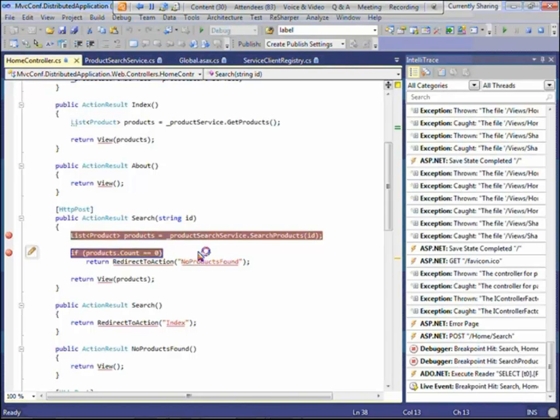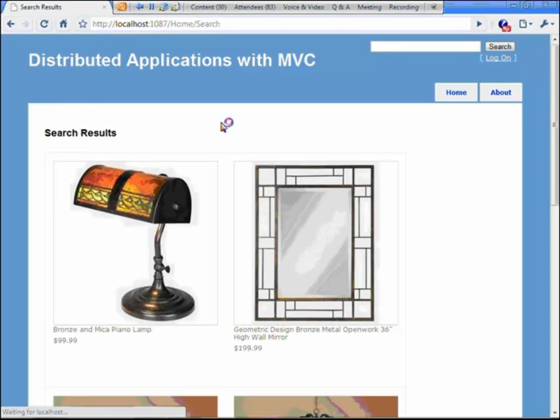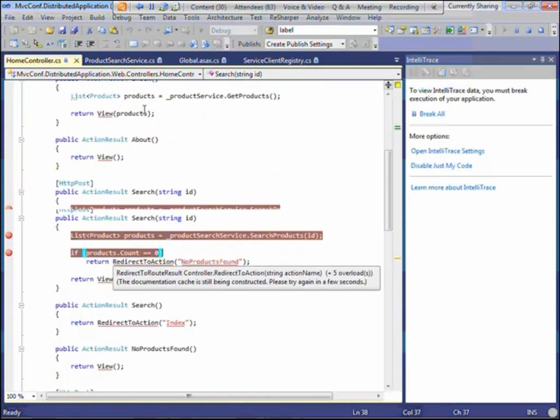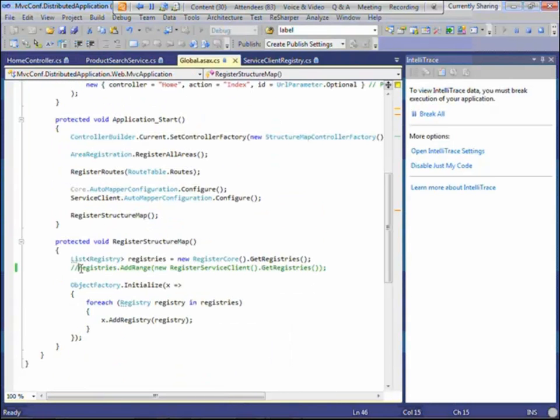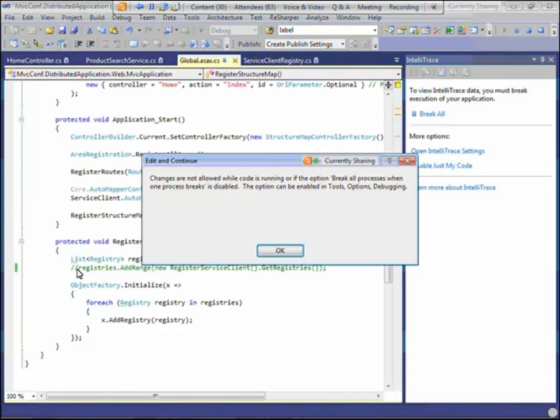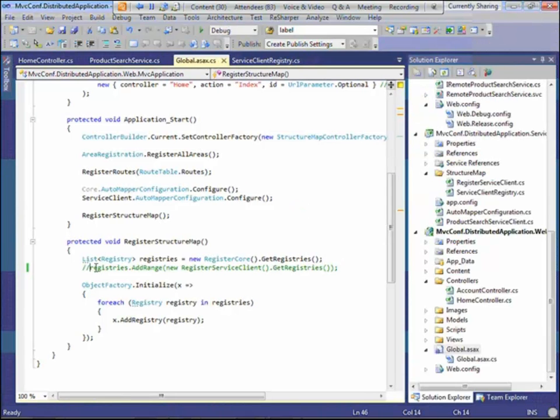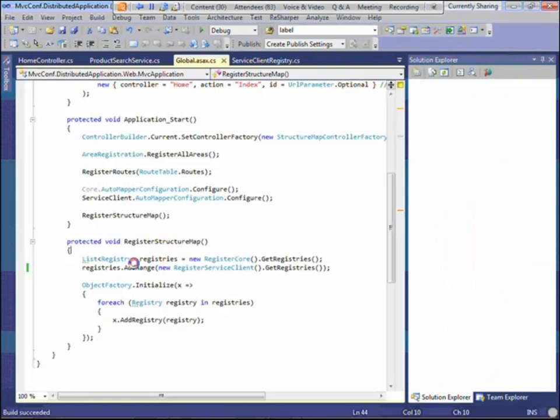Okay, that worked. Because we're in Global.asax, let's see if this guy will let me. Nope, it will not. So let me stop. In production, you could actually come in here and fidget with this, and while I don't recommend that, you could do it. So what I am doing right now, and this is as simple as it is to inject this distribution, all of a sudden, for whatever reason, our search is bogged down. It's killing the performance in our web server. We need to distribute that out to our app servers. All I had to do was uncomment this line, and now we should see our debugging actually step through across